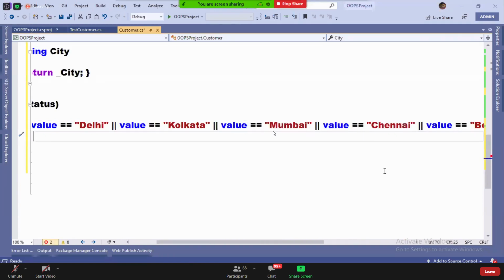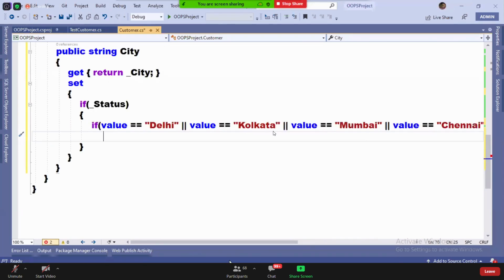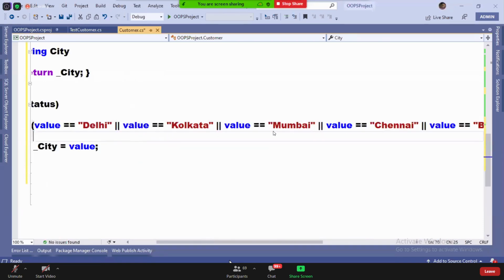If this is the case, underscore status, underscore city is equals to value. Are you guys clear?